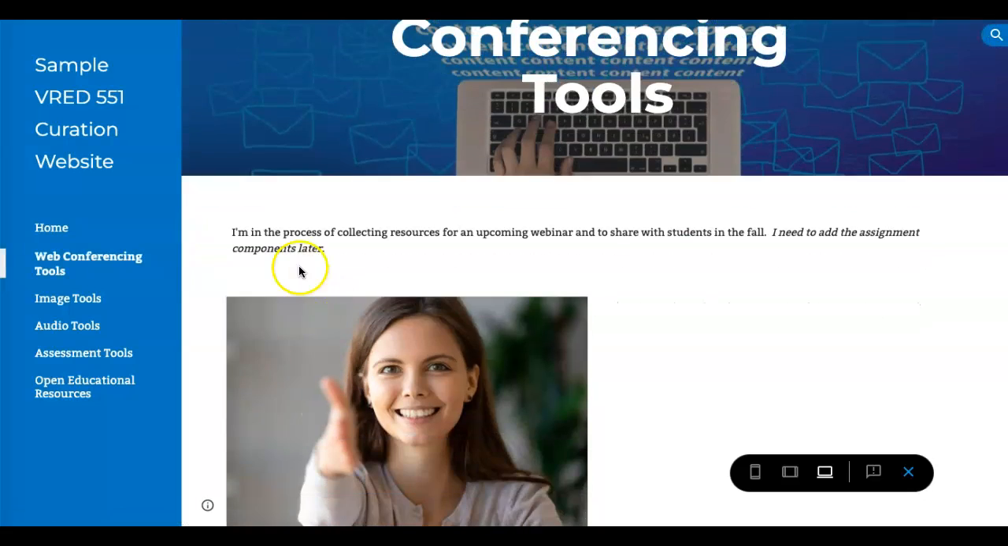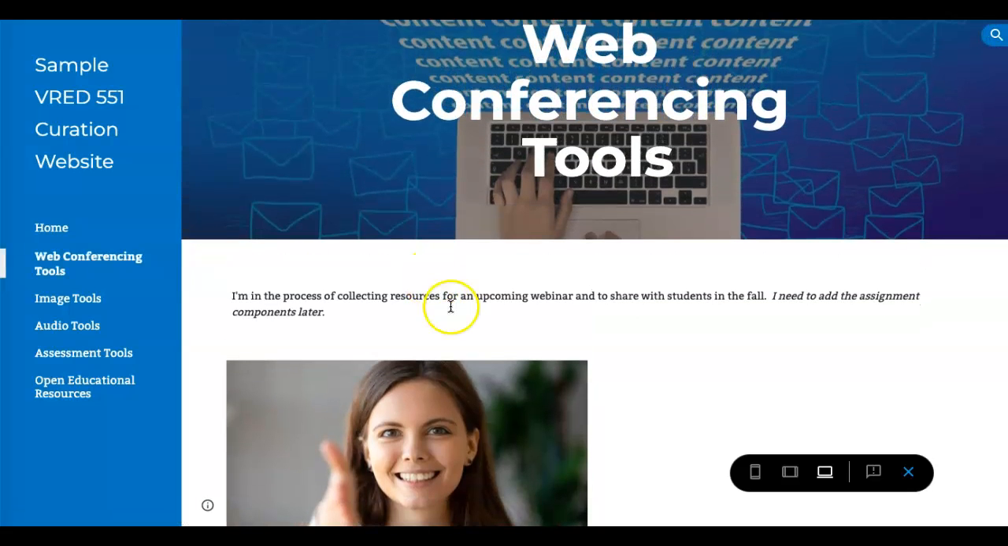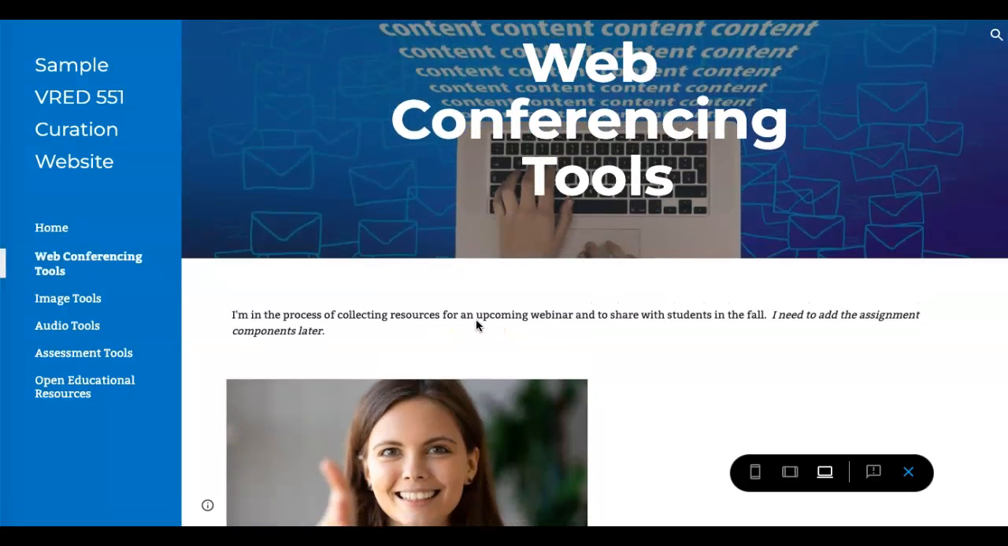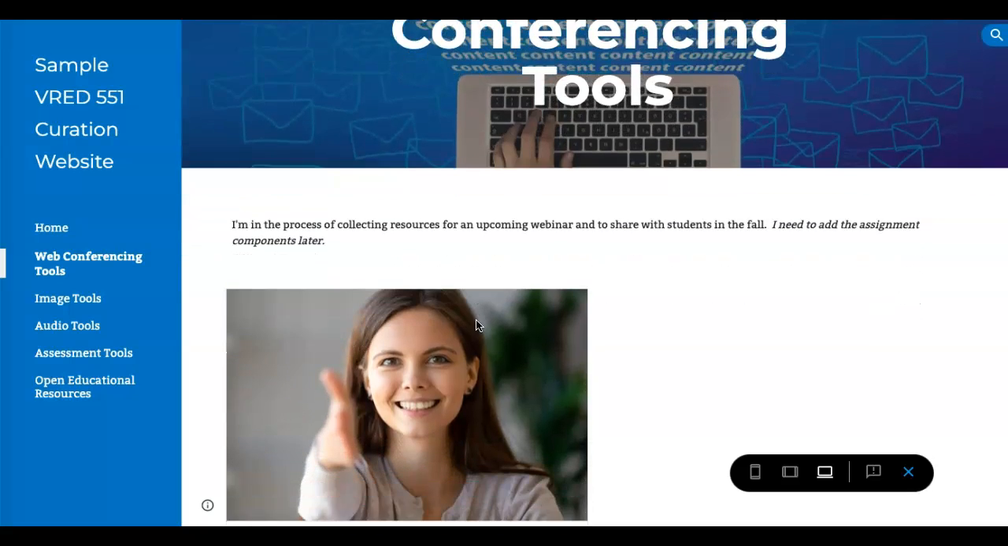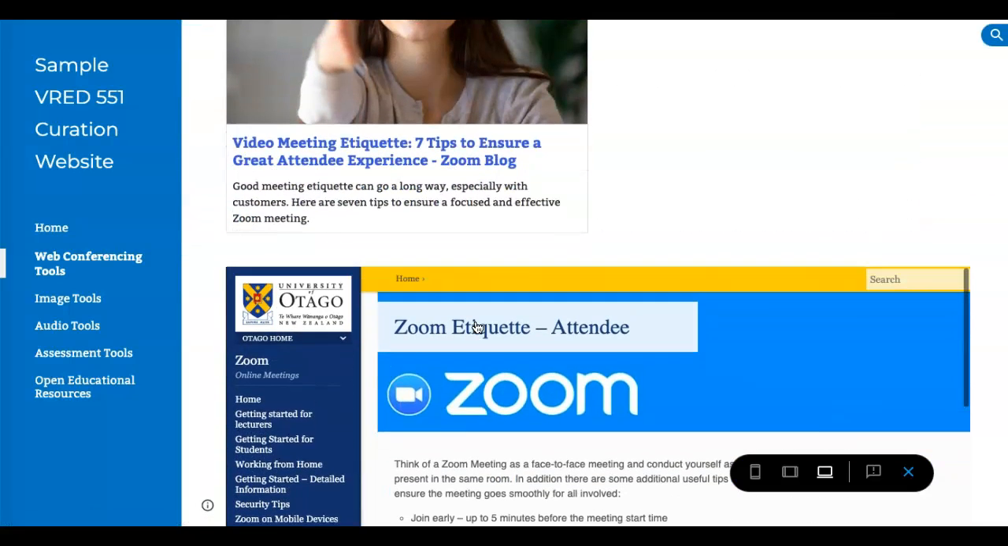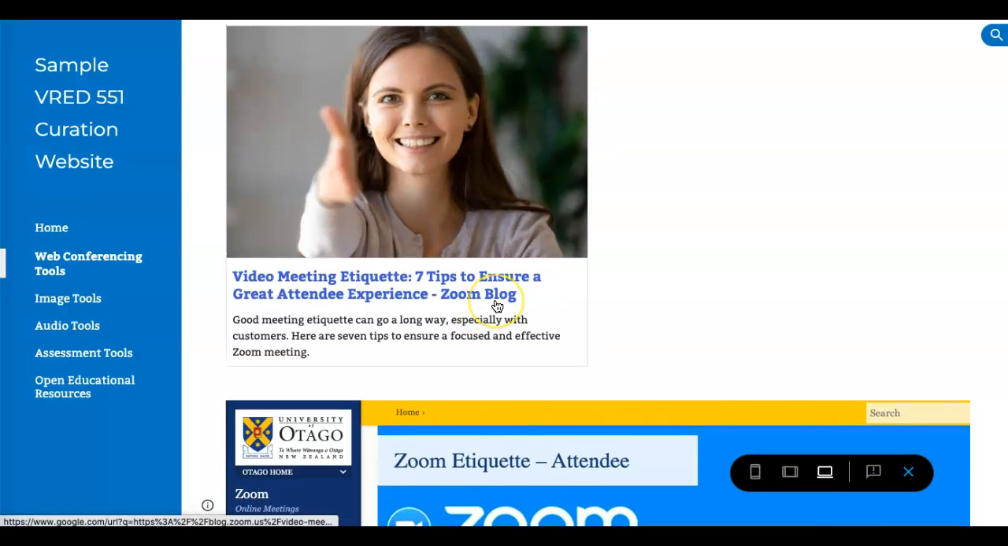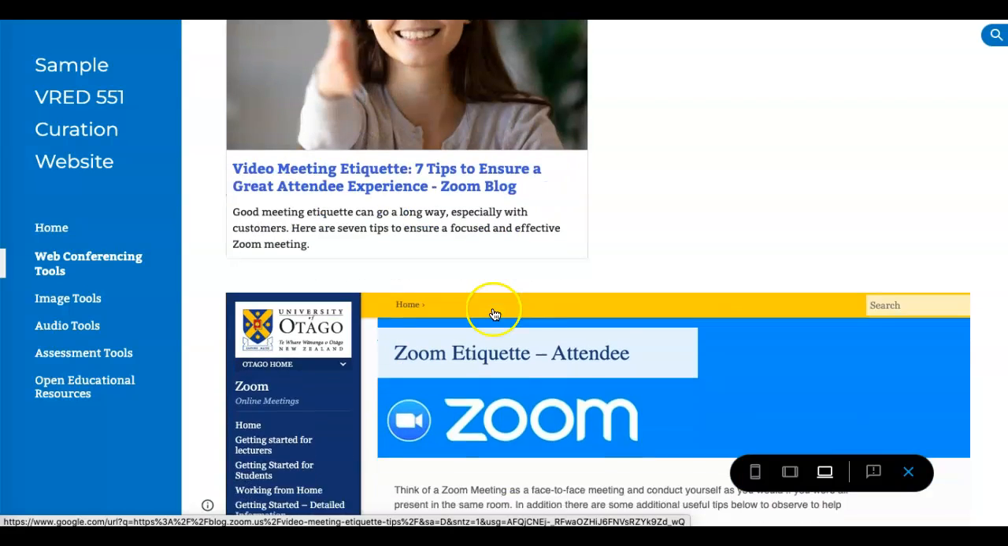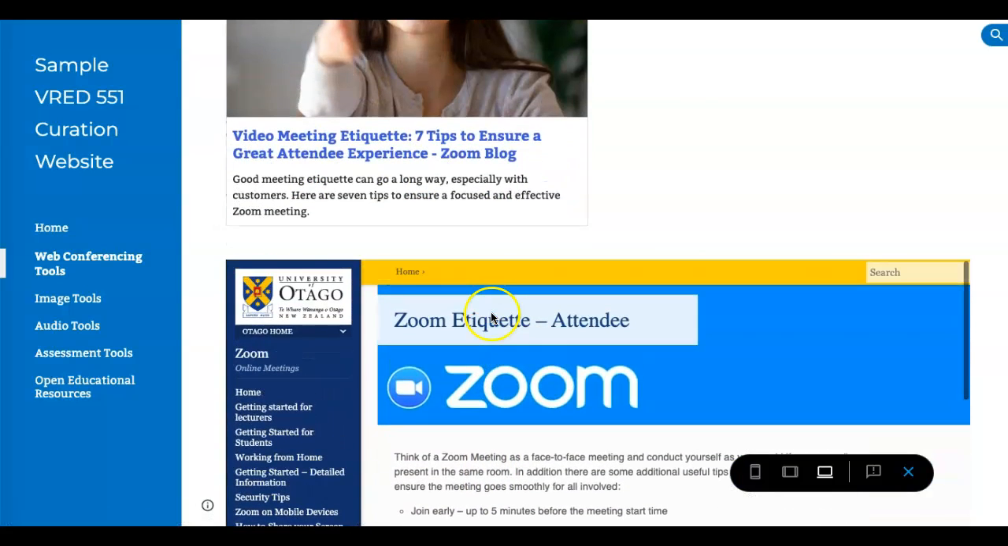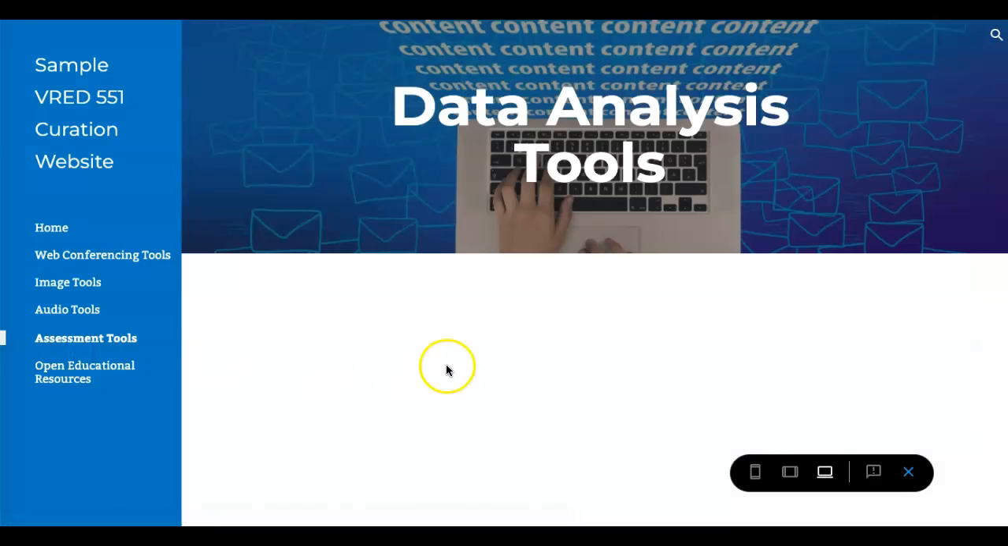And on this page it says I'm in the process of collecting resources, so I know that this is a work in progress, and I have a couple of resources here. I've embedded a URL to get it to look like this, and then I would add the text to complete the assignment. And I'll show you that, and that would be in assessment tools,